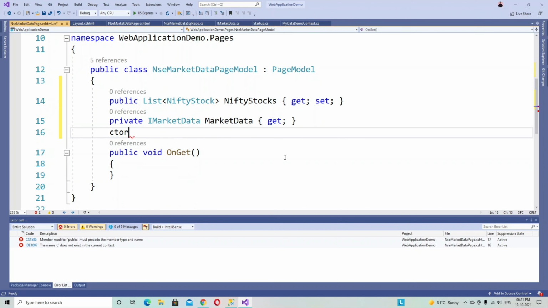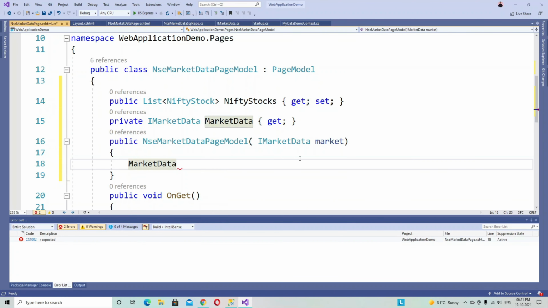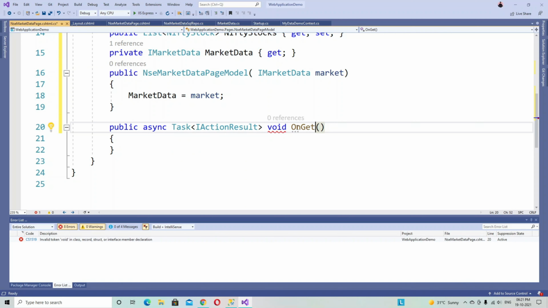We will create a constructor for the IMarketData interface. Now change the signature of the OnGet method to async Task IActionResult and change the method name to OnGetAsync. Now we will get data from SQL Server, where data is equal to marketData.GetNiftyStocks. We use an async method, so we add the await keyword and return Page.